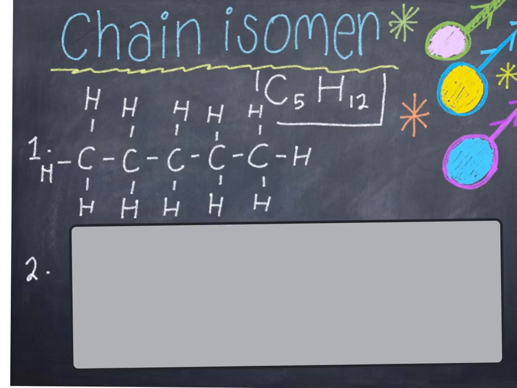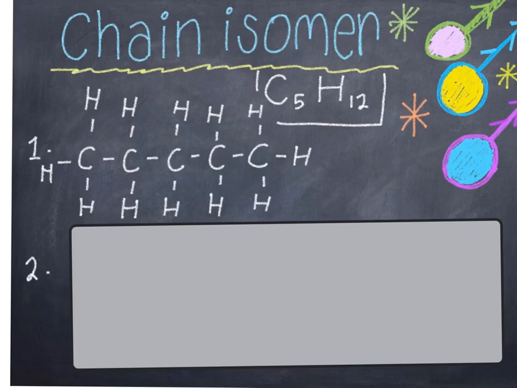For chain isomer, basically it reflects the name chain, referring to the rantai of the structure. So let's say if you are given C5H12, then you should know that this compound is actually alkane, alkana. You have to check with the general formula, then you know this compound is actually an alkane. So when you are asked to do chain isomer for this compound, you can start with straight chain of 5